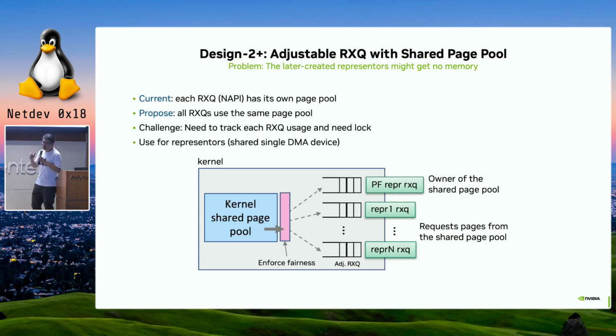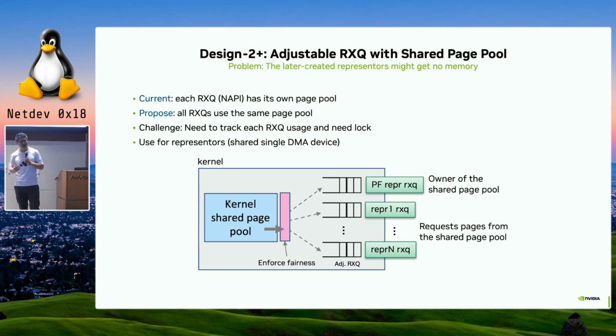So with that design, we can save some memory by not allocating so much memory every time we receive a packet. The second design, however, is not good enough, because if you want to create 1,000 devices, the late-coming devices might still not have enough memory. The first couple hundred might use all of it, and then the late-coming representors still don't have enough memory. So we want to see if we can create a shared page pool,